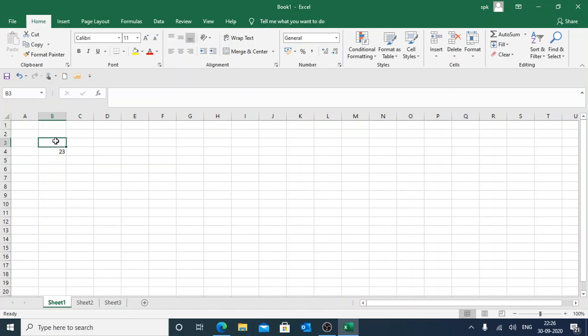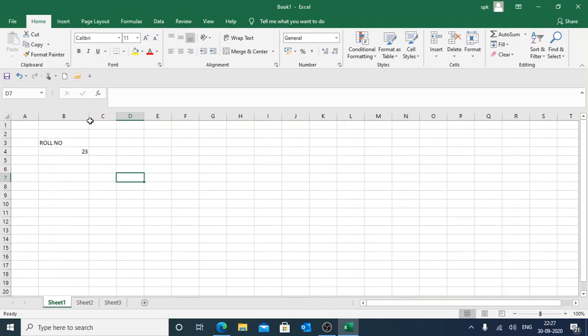Suppose I'll write here roll number. I'll increase the size of this column. You can see this is text and this is a number. The text is always left aligned and numbers are always right aligned.